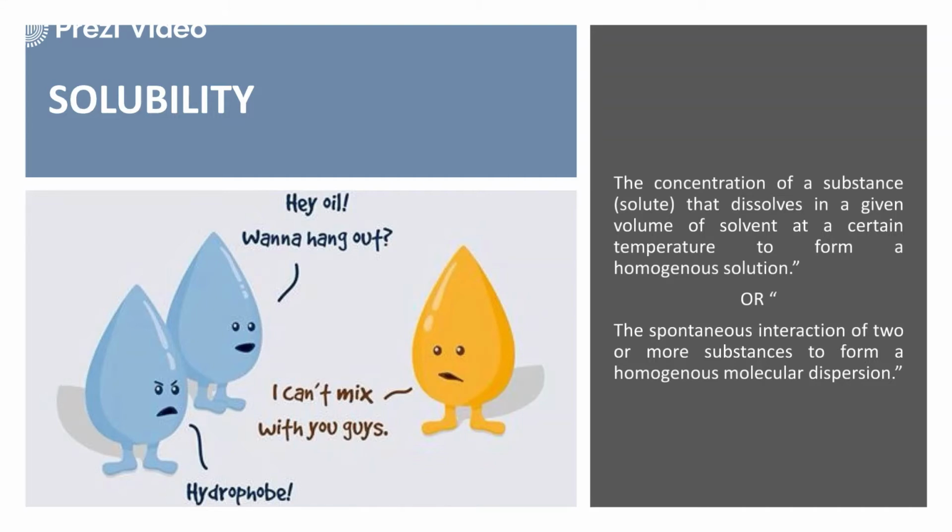The substance which is present in the lesser amount is called the solute, and the vehicle in which the solute is allowed to disperse is known as the solvent. So always remember the rule that solvent is present in the large amount and solute is present in the low amount. When we talk about the qualitative estimation, by visualization and by various other techniques, we can check the solubility. The spontaneous interaction of two or more substances to form a homogeneous molecular dispersion is known as solubility, and we can even calculate it by qualitative estimations.